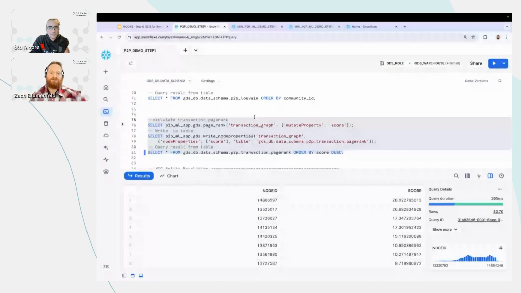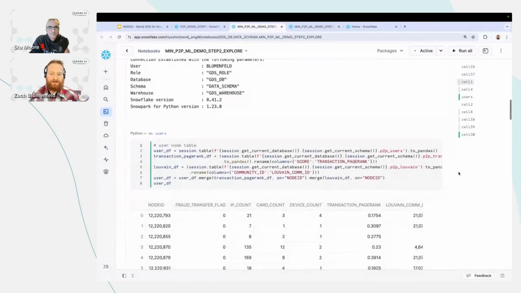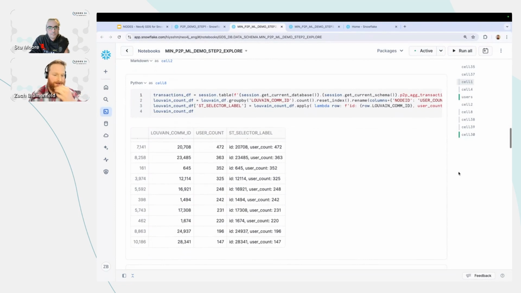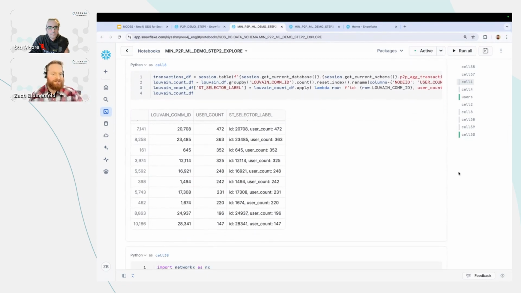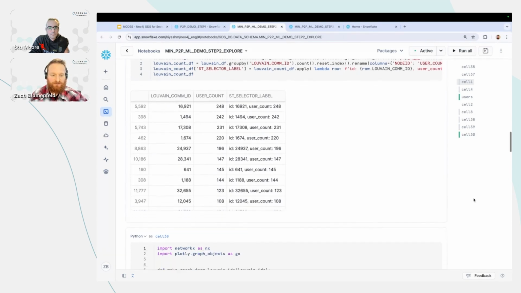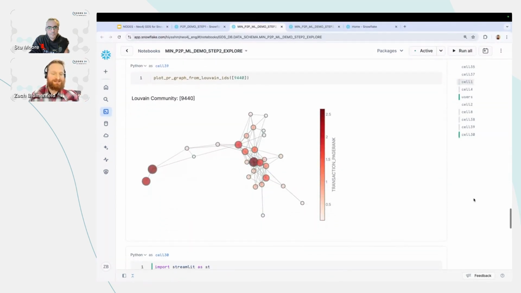Once I do that, just to visually show you what that looks like, I can start making interesting analyses on my data. I've loaded this into a notebook, and there are a lot of tables here. But the main thing that I've done is create this pivot table using SQL inside of Snowflake, where I've taken the Louvain IDs and counted the number of users inside of each one, going down here in descending order. I can also do some visualization inside of Snowflake. This could also be inside of a Streamlit app, where I can pick a certain community ID, like in this case, community number